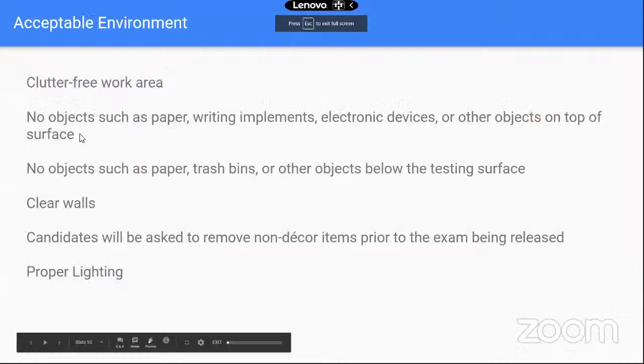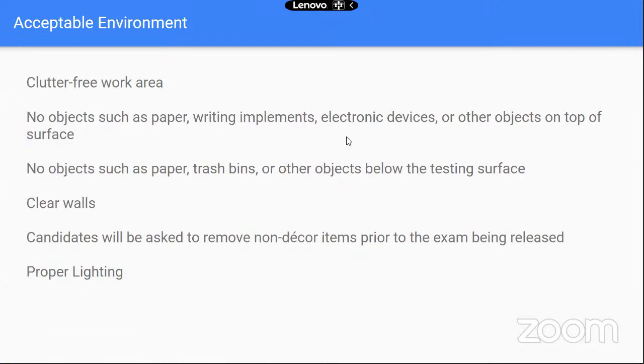Okay, so the acceptable environment is that your desk needs to be completely clear of all the accessories present on your desk. No objects like paper or pen or any other devices should be present other than your laptop and the charger. You can have a mouse attached to the laptop, or a wireless mouse as well. So nothing has to be present on the desk, and even in the room you cannot have